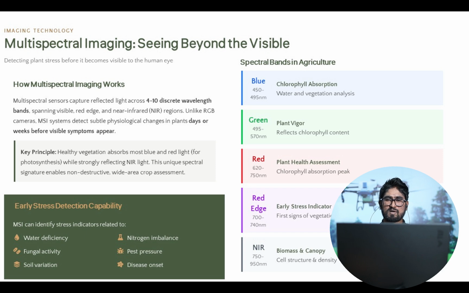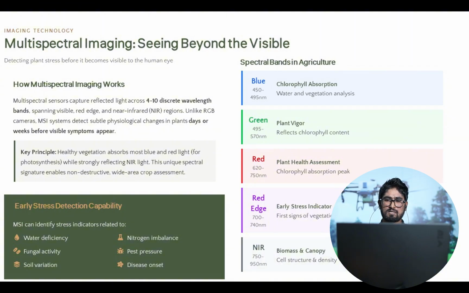There are 5 spectral bands we use in agriculture. We use blue, green, red, red edge and near infrared bands. Blue, green and red are mostly related to the chlorophyll content of the plant, so we can use those spectral bands to detect and monitor crop health.